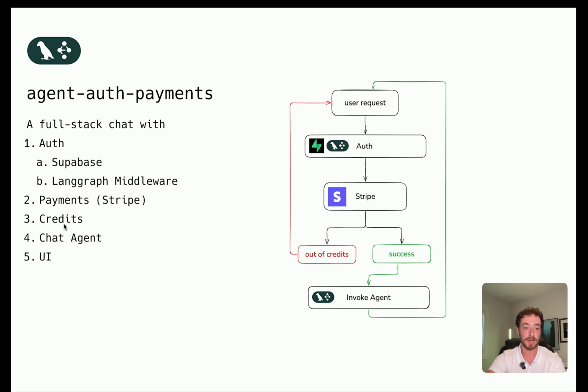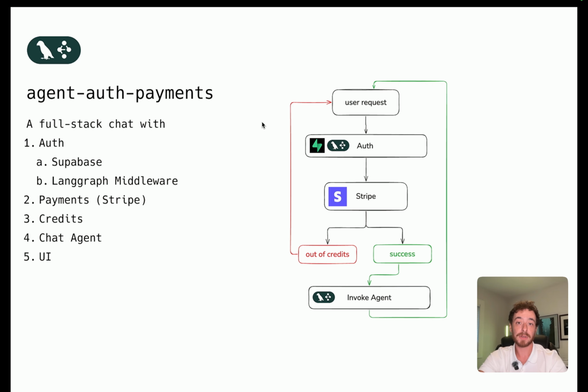We then have our credit infrastructure layer, which is also saved in our Supabase table and has a series of utility functions for adding, refreshing, and removing credits. We then have our chat agent, which is a ReAct LangGraph agent and also has a web search using Tavily. Finally, we have our user interface, which is implemented in shadcn. Now let's dive into the code and we'll take a look at how each of these systems is implemented in